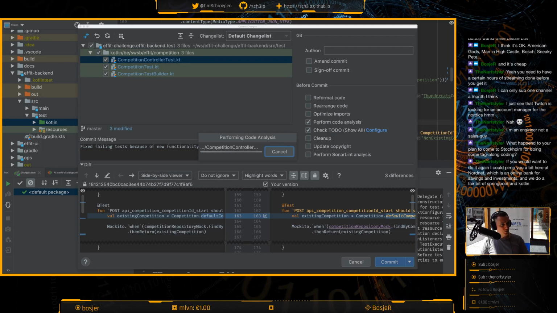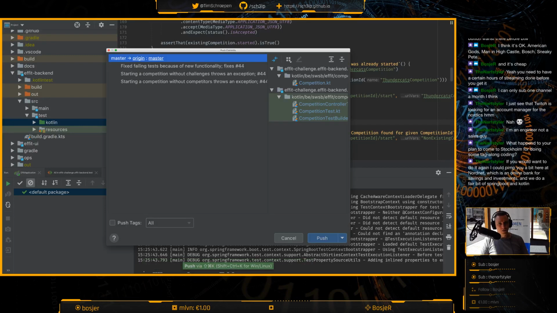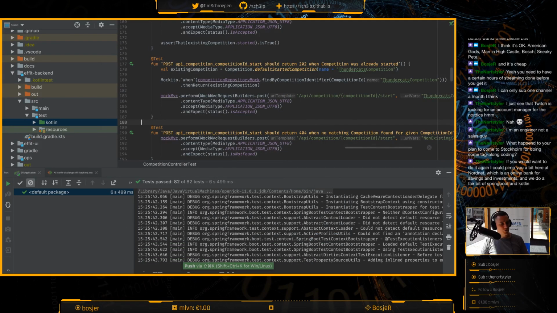If you would want to do it again, I could pimp you a bit here in Nordnet, which is an online bank for savings and investments. And we do a fair bit of Spring Boot in Kotlin. Yeah, that sounds awesome, actually. I wonder if I would learn a lot, though. I mean, I'm not saying that I know everything, right? But